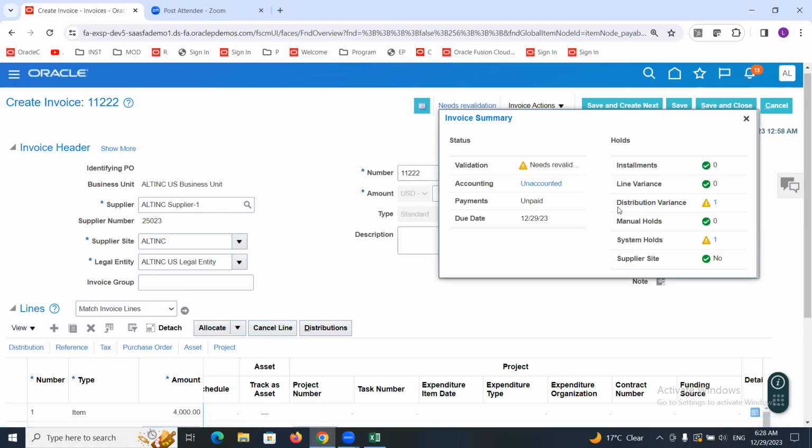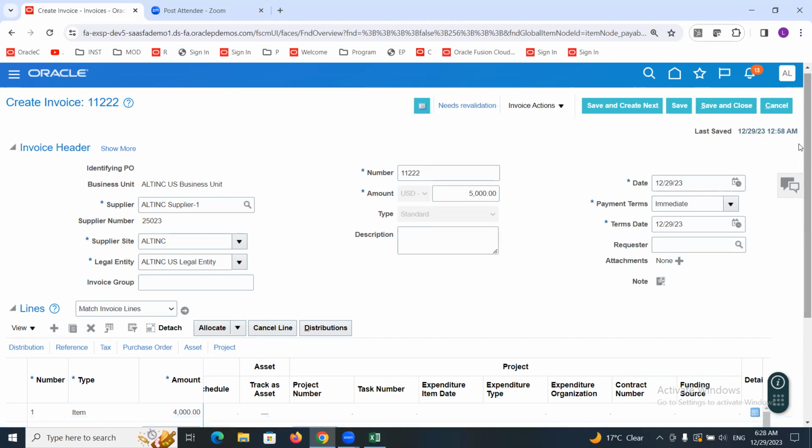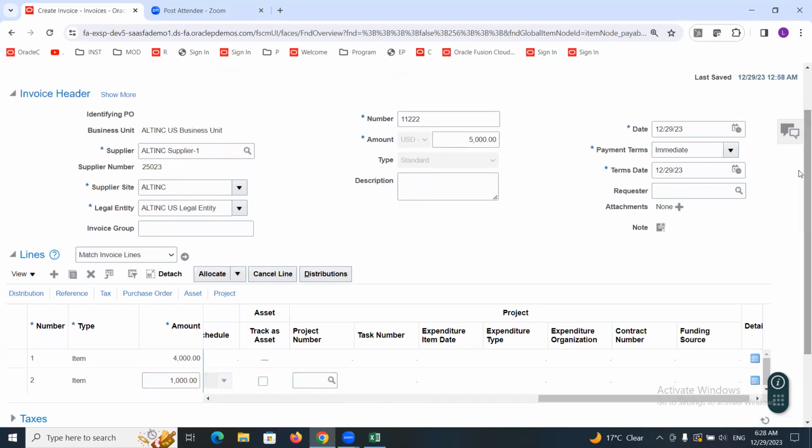So here is the message. Distribution variance. System hold. The system placed a hold because there is an issue with the invoice distribution. Okay, distribution variance, so at the distribution level there is some variance. The header amount and distribution amount are not matching. So you see here,